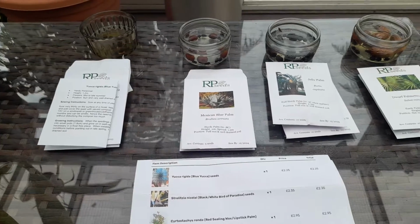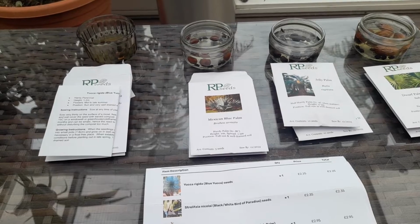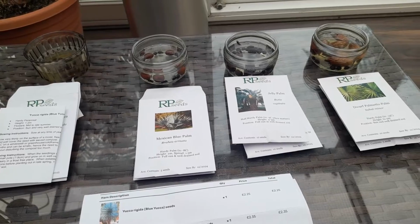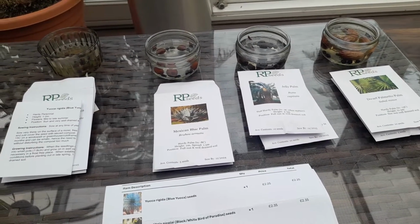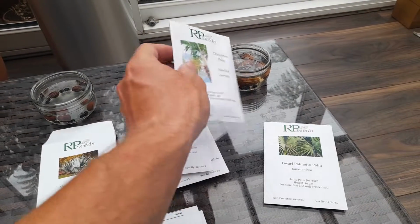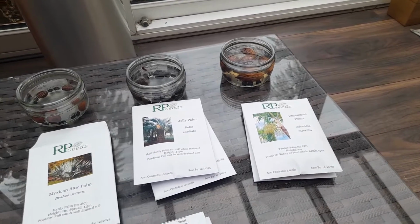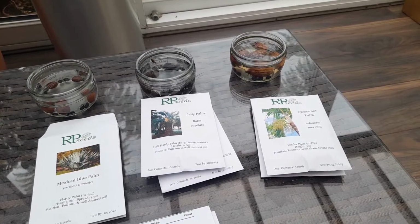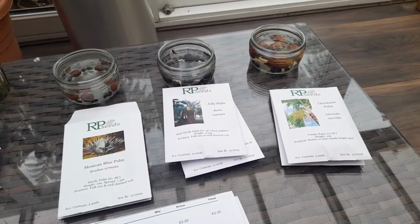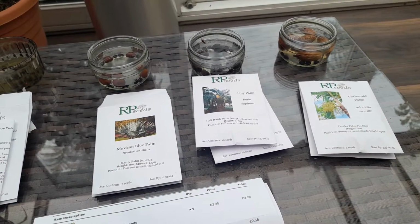So I had a look at what they've got, and mainly some common seeds and some slightly less common, I'd say. I've tried a lot of these seeds before, but I want to try the Christmas palm from seed, because I know they've got quite big seeds, and I thought it might be interesting. They're supposed to be pretty easy to germinate as long as the seed is fresh. So I thought that was the main fuel to the order, if you like. But